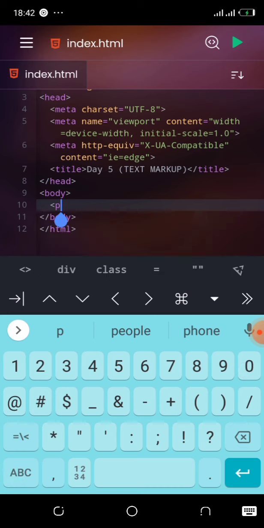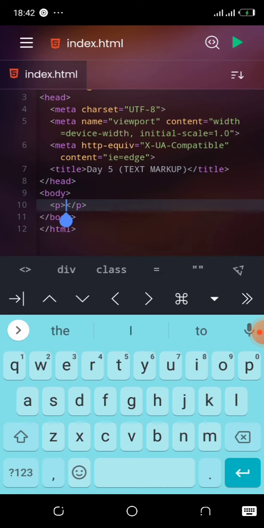So I'm just going to open a new paragraph. Now when you want to start a new paragraph, always use the P element. Remember, elements are what render your HTML code properly, what gives them that property. So when I use the P element, it simply means that I want to open up a new paragraph, whereas